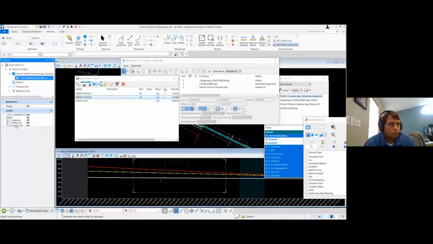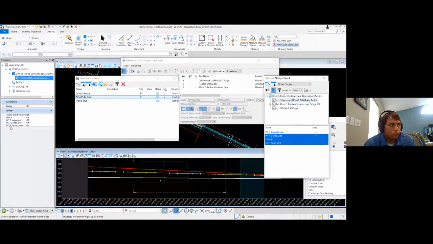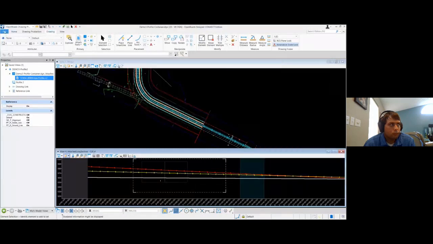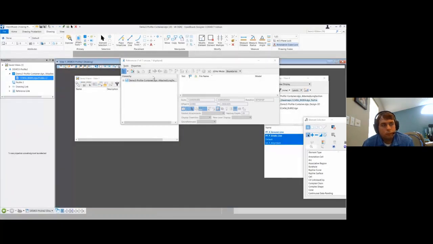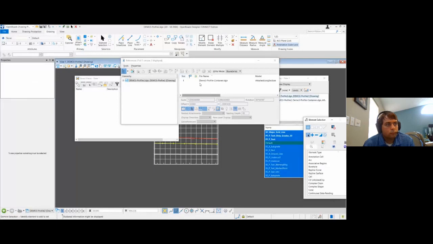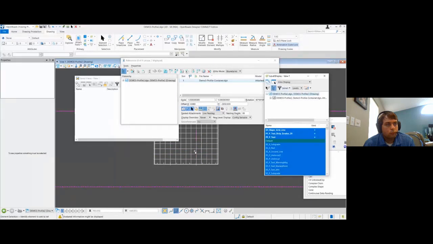But what I did is I turned off the proposed grade line for my save view, but then over on my global display, I turned off the ground line globally, but in my save view, that existing ground line is on. So if I jump over to my profile view or drawing model, and I update from save view, you'll see the proposed view turned off, which is what the save view told us to do. But you notice that the ground line is off. So that says that the global display is trumping the save view.